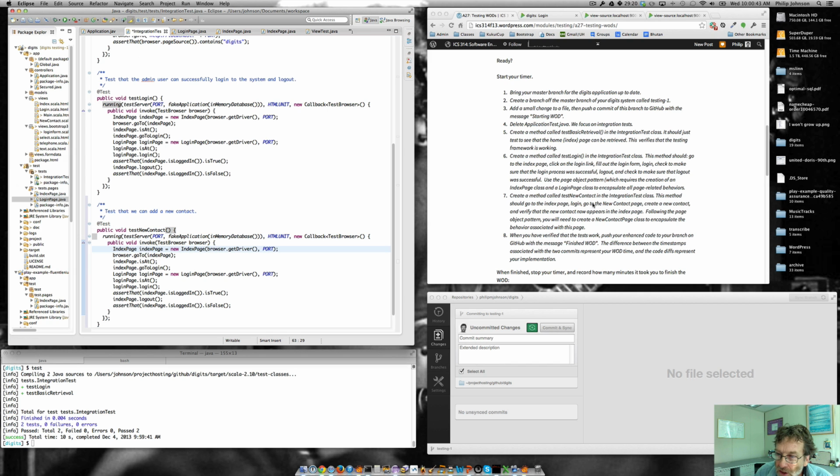We're going to go to the index page, log in, go to the new contact page. So we're going to go to the index page, check to make sure we're there, go to the login page, check to make sure we're there. Then we're going to log in, and we're going to check to make sure that we're there. So the first part of this is actually going to be just like before. Okay? And now we want to say